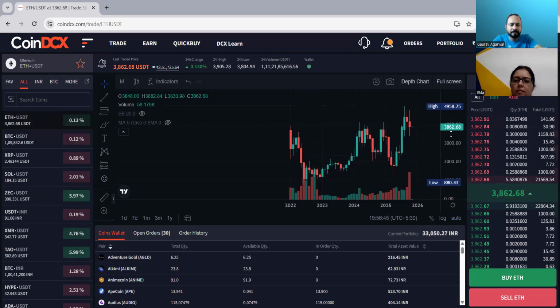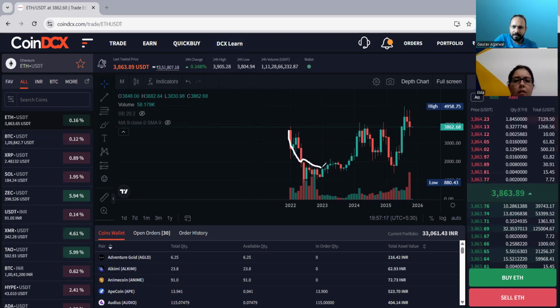See here. This is the monthly chart of Ethereum. Price is 3863 US dollars. Oh, 3863, my God, it's more than Bitcoin. No, no, that was 1 lakh US dollars. This is 3800 US dollars. Okay, I didn't see the point there. So this chart is different. So how will you analyze this chart?